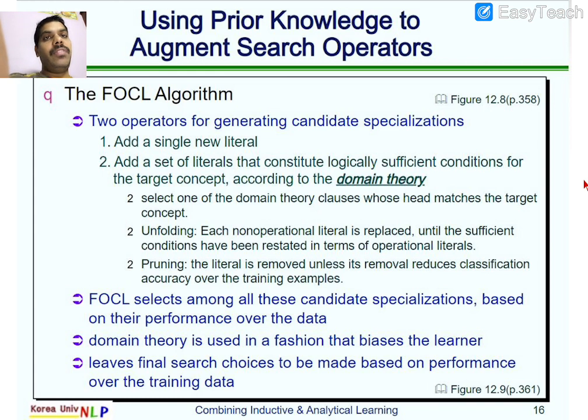So we need to identify the rules which are deviating the system or negatively impacting the target function. Those should be refined and pruned, removing the unnecessary things, and we select the candidate specializations based on their performance. So whatever rules influence positively to design a better system, we are going to identify, and that particular domain theory is going to be used, and finally we are going to develop a system which is going to develop the target concept.